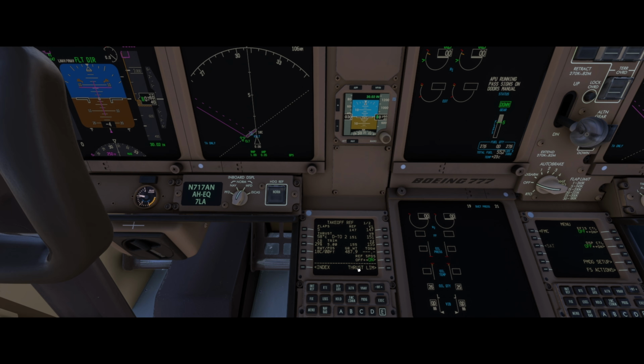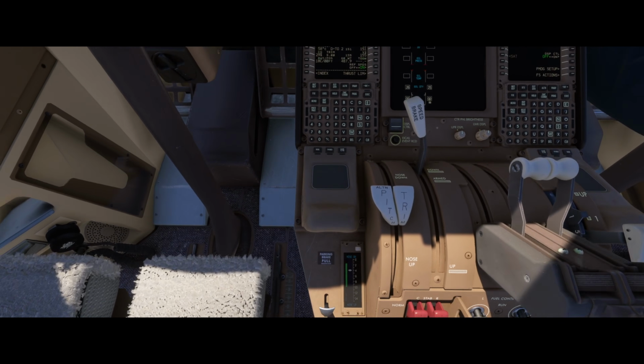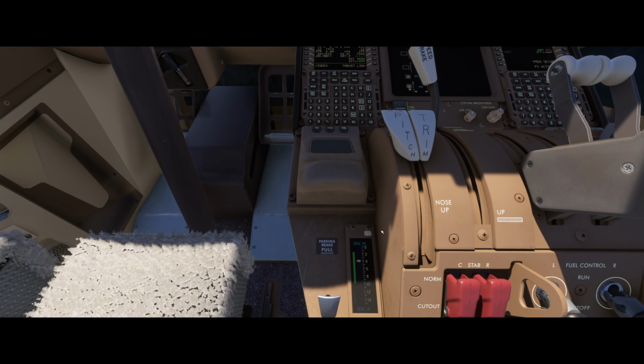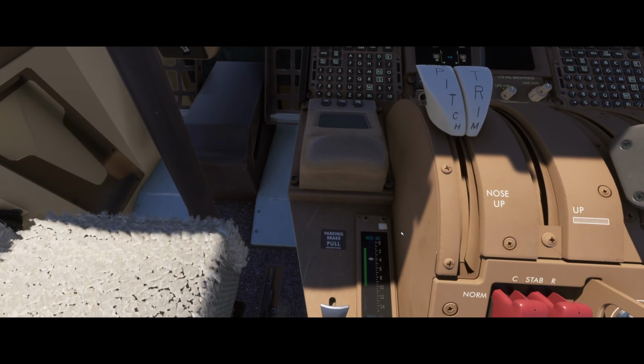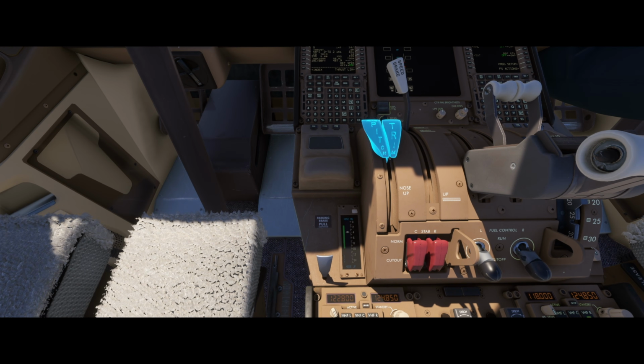5.00. So let's set our takeoff trim. What you can do is come down and you see this scale. Right now the diamond is at 4. So there may be another way to do this that I don't know about. So what I do is you can see this little down arrow here on the pitch trim, and just ratchet